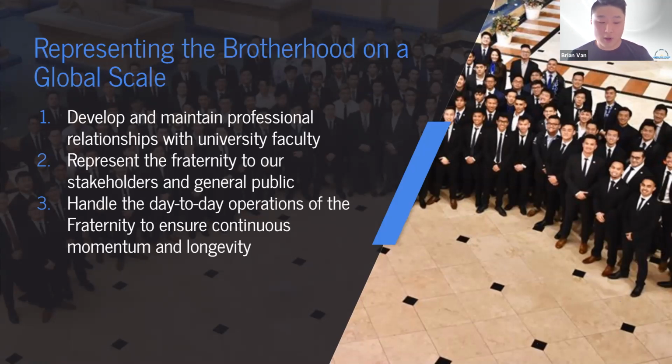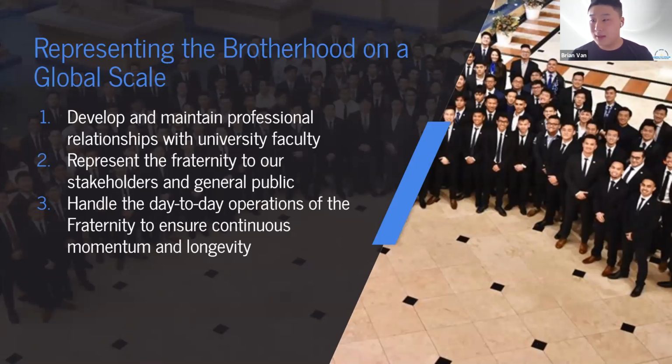Alongside that, a lot of our chapters are trained to know that if a news outlet reaches out to our chapter, they should not be the ones responding. They should be redirecting this conversation to the international board, specifically the executive director, someone who is trained to handle these sorts of situations and correspondence.